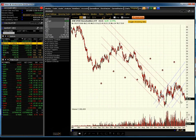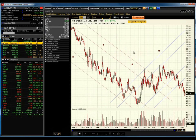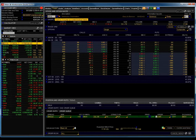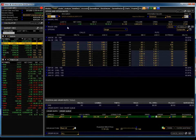They've gotten decimated. I mean, they've gotten absolutely killed with the credit crunch and the problems with home prices in the last few years here in the market. You could do the same thing as long as there are options trading on a particular ETF. This is an ETF, a SPDR ETF. You could purchase put options on this ETF, which is currently trading at $18.13, and you could purchase the $18 or even the $19 in the money